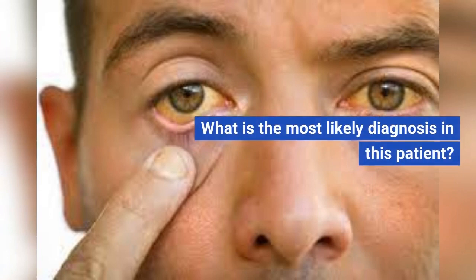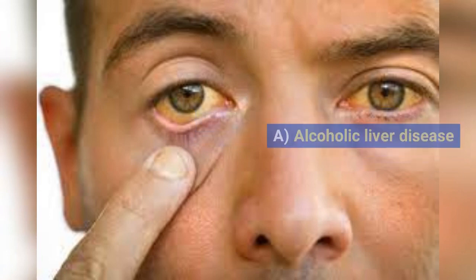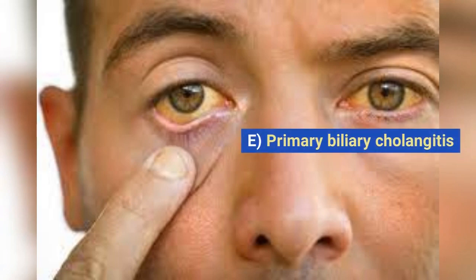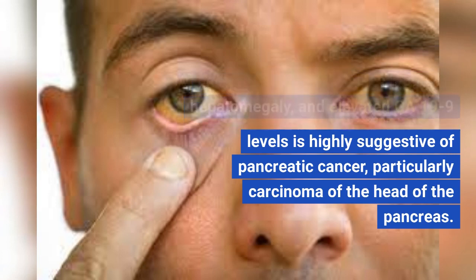What is the most likely diagnosis in this patient? A. Alcoholic liver disease. B. Hemochromatosis. C. Pancreatic cancer. D. Autoimmune hepatitis. E. Primary biliary cholangitis. Explanation. This patient's presentation with painless jaundice, hepatomegaly, and elevated CA19-9 levels is highly suggestive of pancreatic cancer, particularly carcinoma